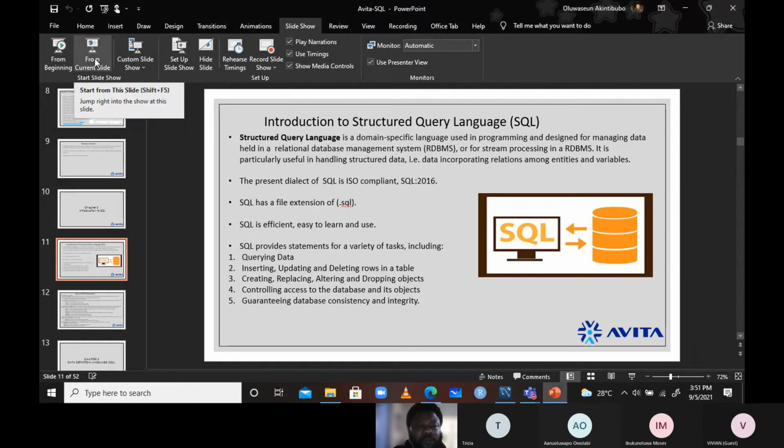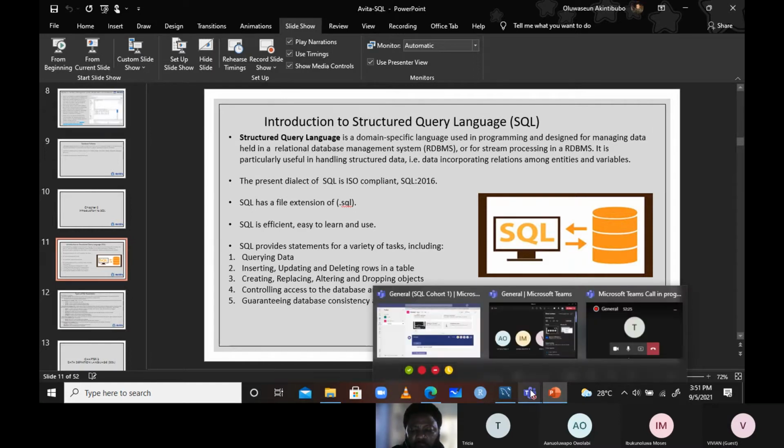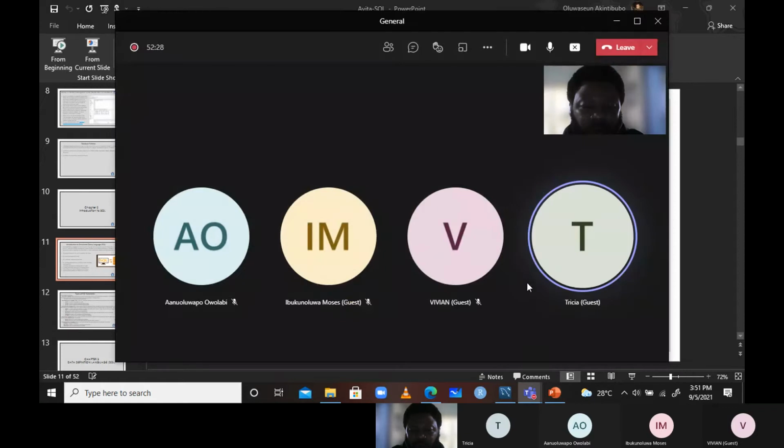No, I can't see it now. Who else can see my screen?